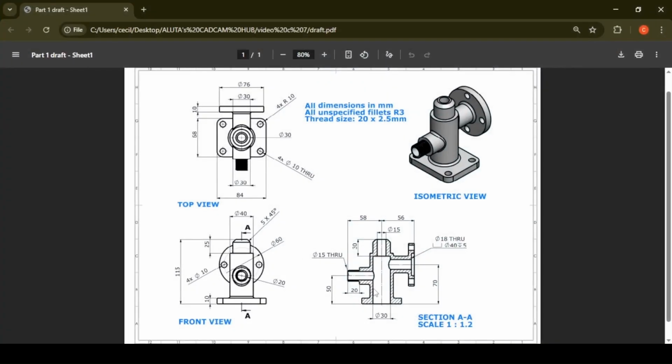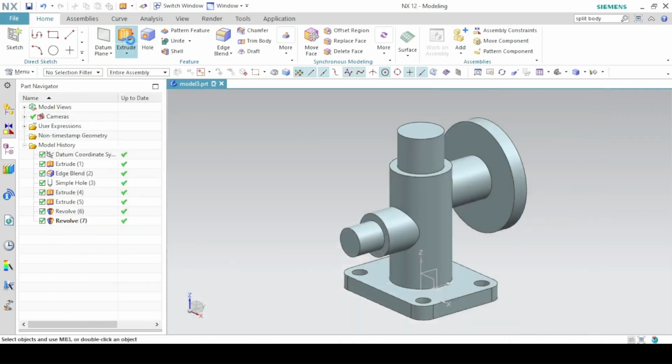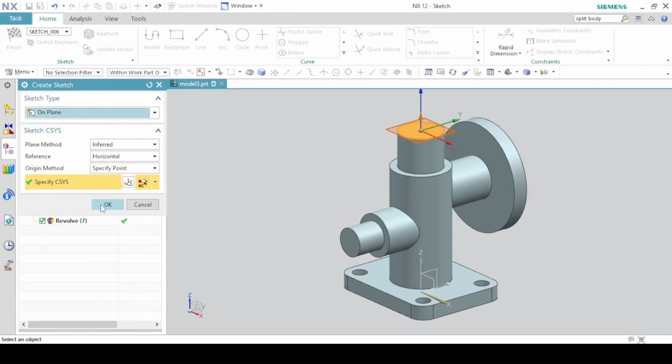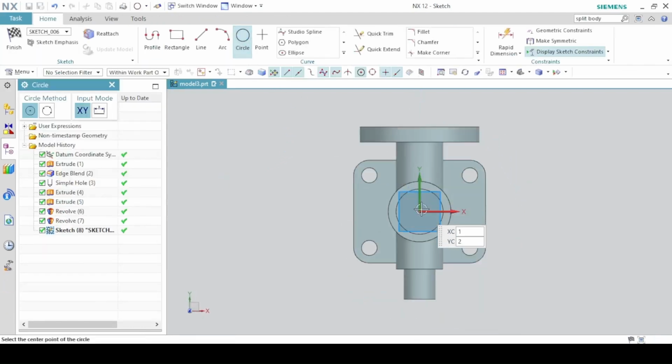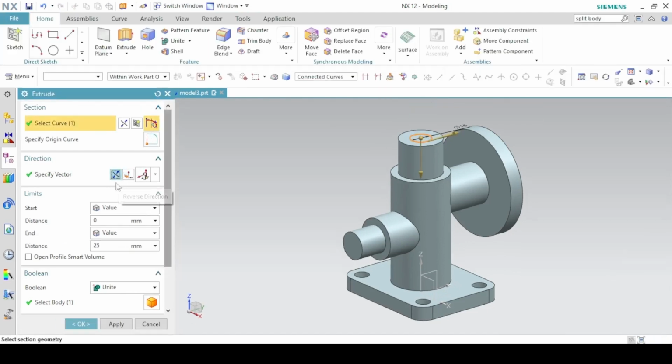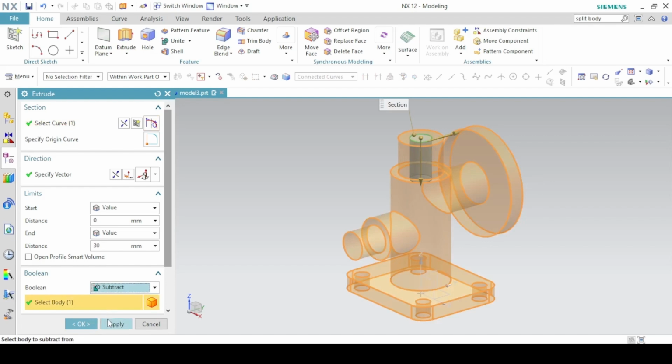Next, we create these two holes. This smaller hole has a diameter of 15 and a height of 30, and this bigger hole has a diameter of 30 up to the next. So extrude, sketch section on this face. Okay. So a circle of diameter 15 and extrude down, reverse direction, and the distance should be 30 millimeters. So the Boolean to subtract, apply,